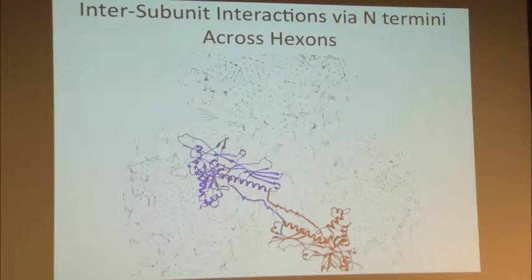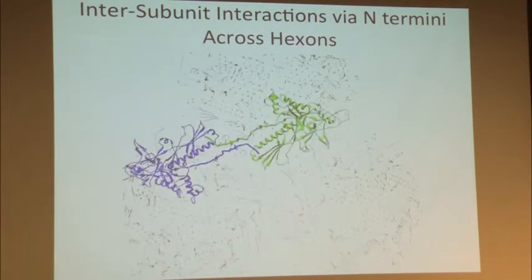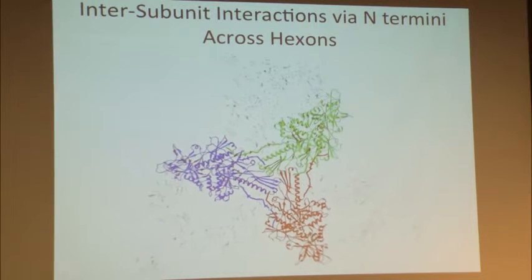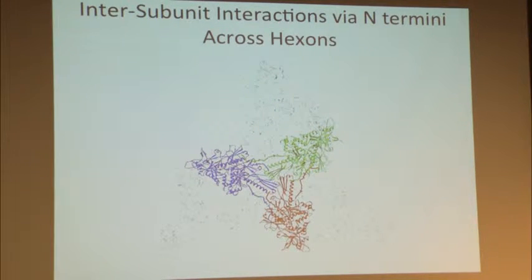So that turned out to be very unique in our system compared to the other phages, that these N termini of the adjacent subunits across the capsomere, across the hexons, form that interaction. So that may be one important force to keep this particle intact without additional proteins of different types or without